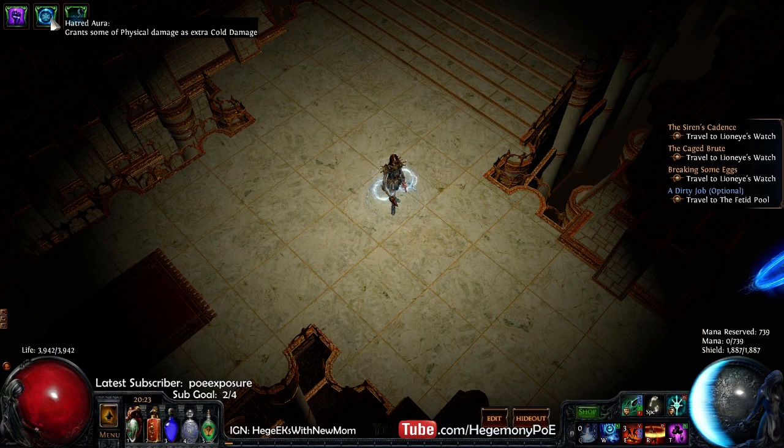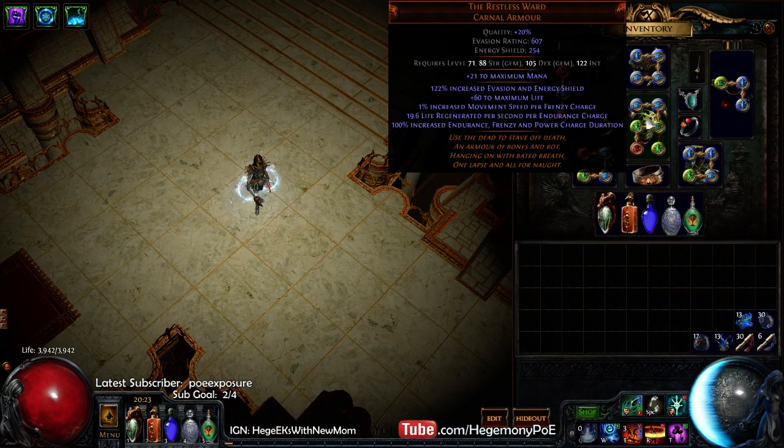I couldn't run Hatred earlier because I needed some amount of mana with my Elrion jewelry to be able to cast with Mana Leech. But after we spec'd into EB and got Zealot's Oath and we're using this particular chest, the Restless Ward, which I foresee being the go-to EB MoM chest, it's amazing. It gives you up to 20 life regen per second per energy charge. So since I have 4 endurance charges, I get almost 80 life regen, which gets converted to energy